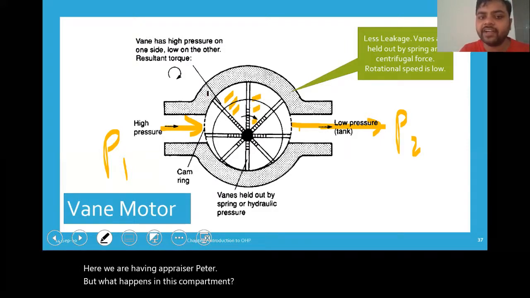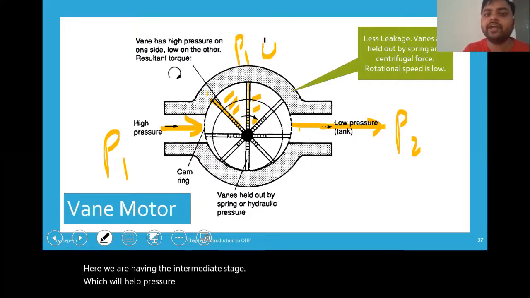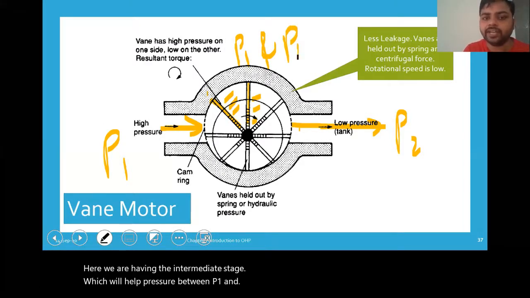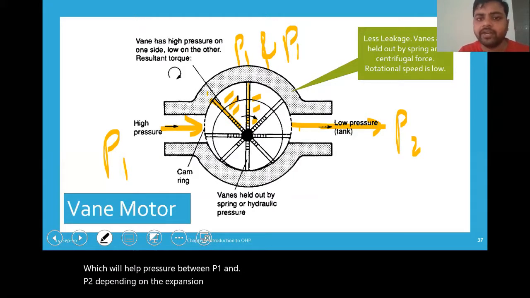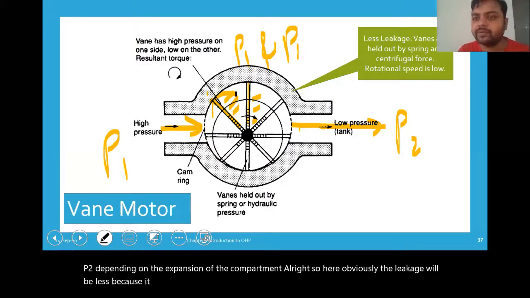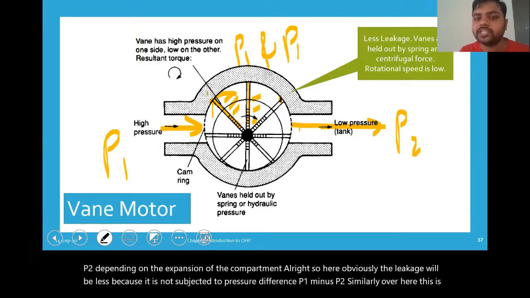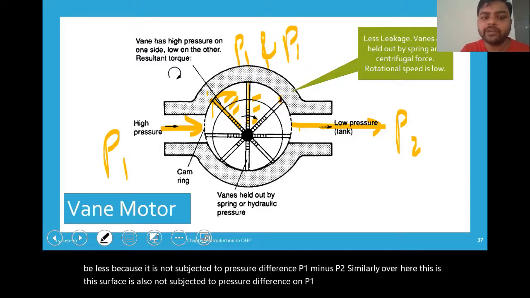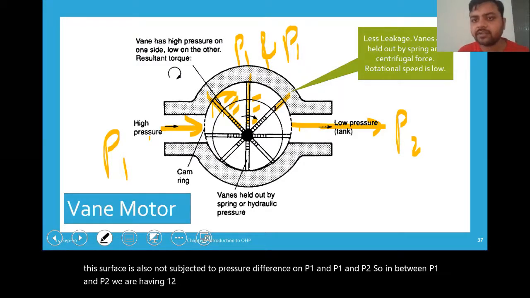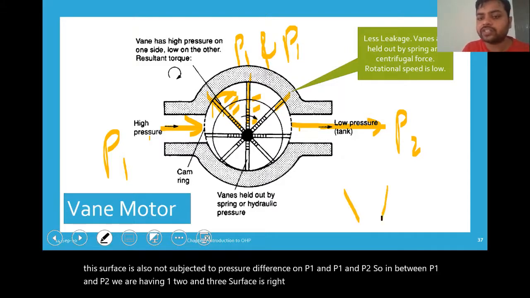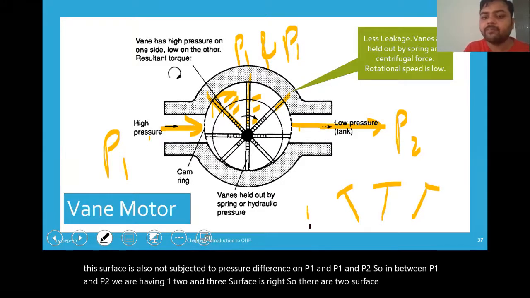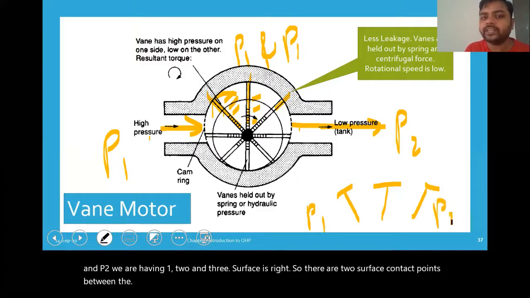Okay, here we are having an intermediate stage which will have pressure between P1 and P2 depending on the expansion of the compartment. So here obviously the leakage will be less because it is not subjected to pressure difference P1 minus P2. Similarly, over here, this surface is also not subjected to pressure difference between P1 and P2. So in between P1 and P2, we are having 1, 2, and 3 surfaces, right? So there are 2 surface contact points between the P1 and P2, and that's why the leakage is less